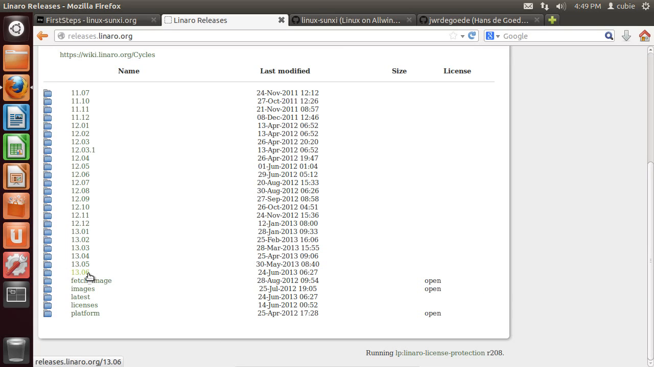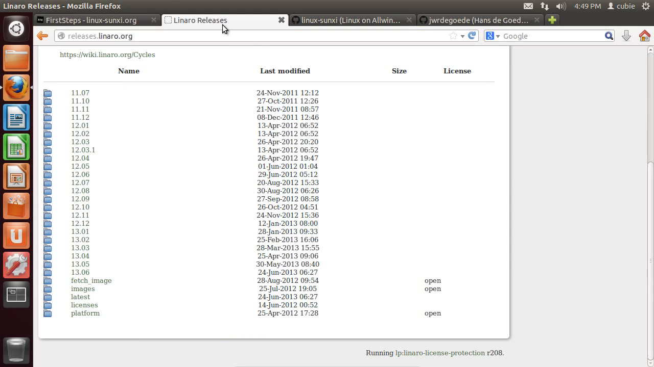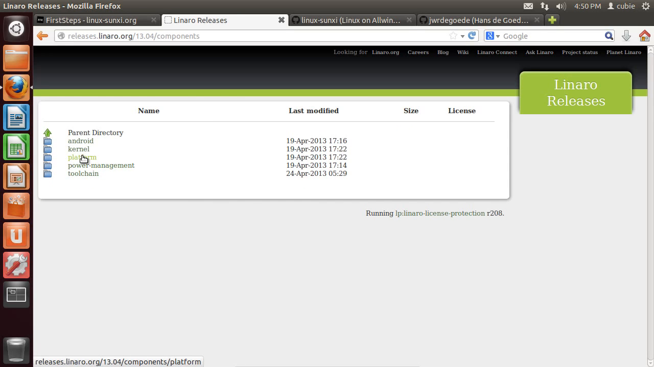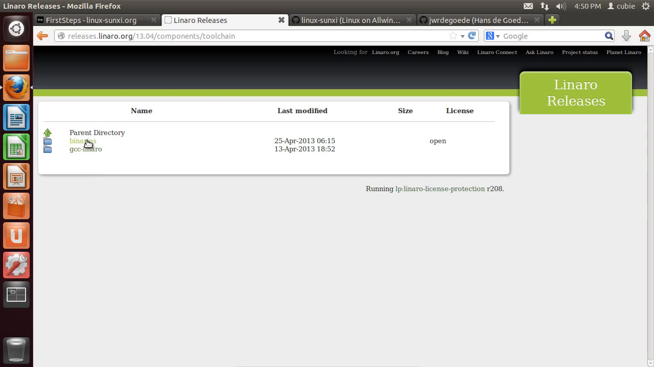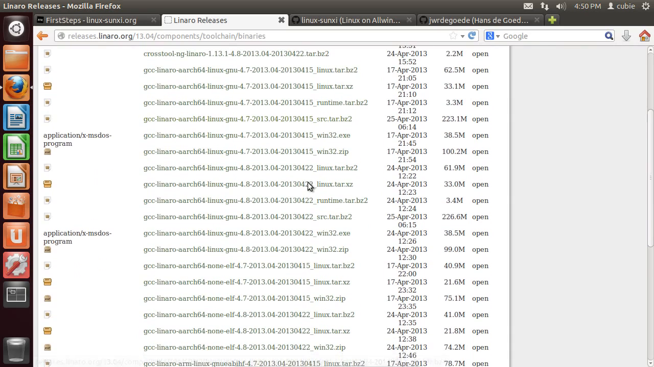You can go to the latest one, but the problem with doing that is, according to the first steps guide, it says not to use the GCC 4.8 version. And the latest in this list that still uses 4.7 is from April of 2013. So if I go into that folder, click on Components, Toolchain, Binaries, I can download the one